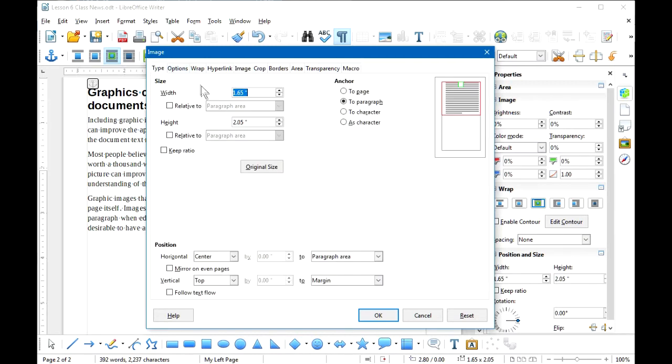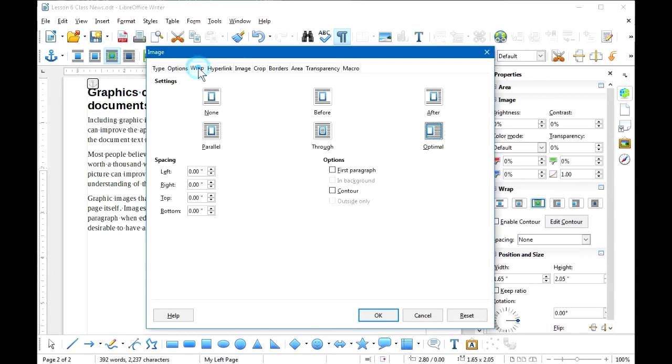The first thing I want to do is click on Keep Ratio. If I start changing the width or height of the image and this is not clicked, I'll change the aspect ratio of the original image. So I want to make that on, and now I can enter precisely the width of the image on my document. That will automatically adjust the height as long as this Keep Ratio option is on. Notice also that this image is going to be anchored to a paragraph. I will set the horizontal position to the right side,